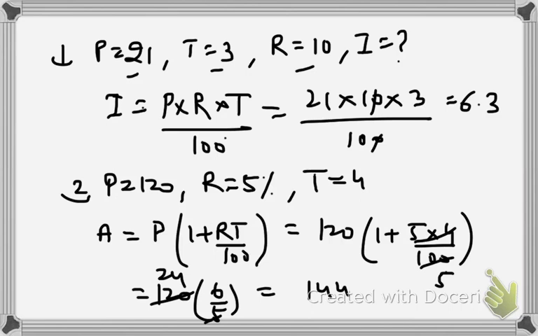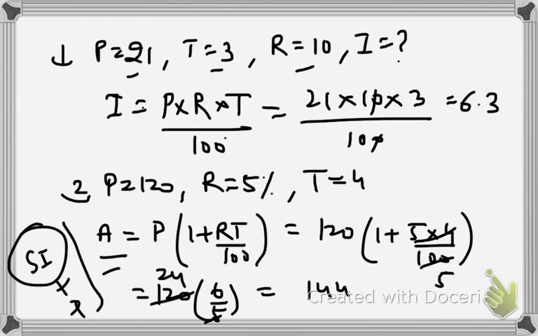You can always do this question either through this formula, or you can calculate the simple interest, and whatever interest you get, you add it to the principal and you get the amount. So whichever way you find it easier, you can do that. Now moving on to a bit difficult question. These were the simple questions, and these types of questions are called sitters. These are the easiest questions because you just have to put in the values and find the answer. There is nothing to adjust.